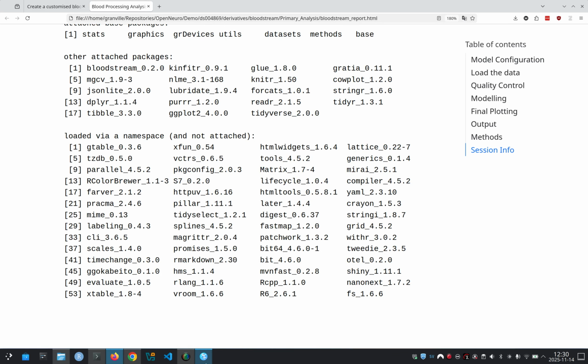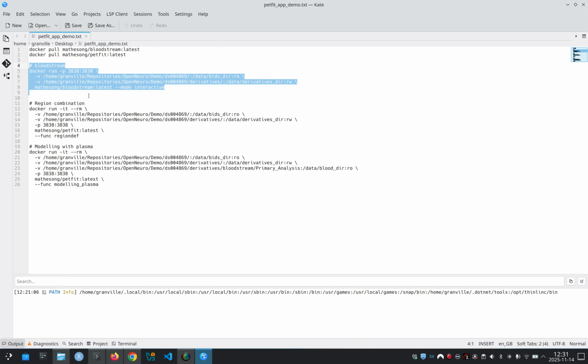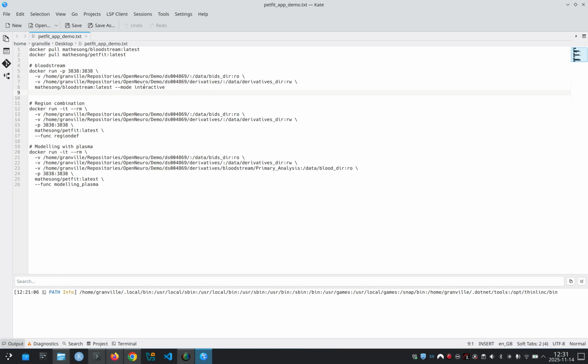Just to say, we now also have our configuration file. If we wanted, we could have generated a configuration file and saved it, and then without interactive mode, we could simply have run these steps and pointed it to our configuration file. You can see on the GitHub page exactly how to do that, and then it could be run in a non-interactive manner. So if you generate your configuration file once, you can then run this when you collect each new subject in your data sets, and it will just run exactly that configuration. So now